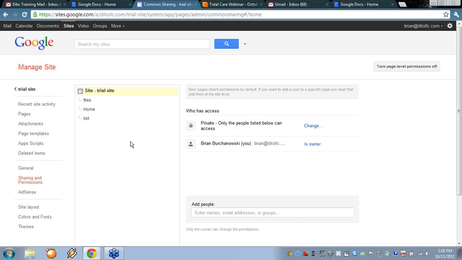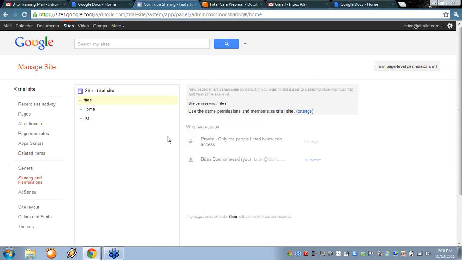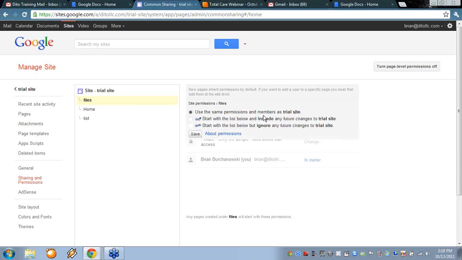Now what we have is basically a list of the various pages of the site and the ability to sort of lock them down as far as permissions go. So let me click on, let's say, the Files page. You can see that by default, it's inheriting the permissions of the site as a whole. If I want to change the permissions for this particular page, I have to click Change right here. And so I basically have two options. I can start with the list below,